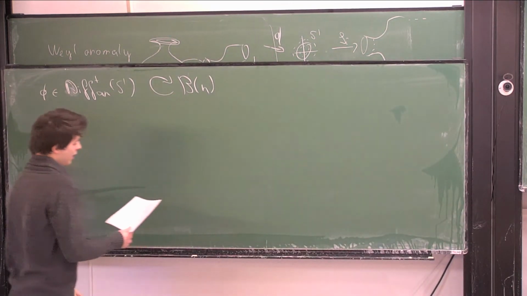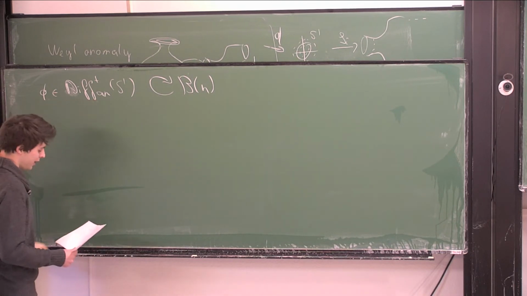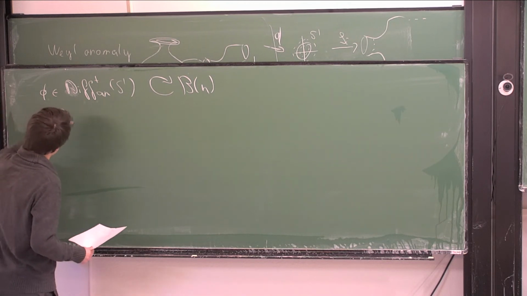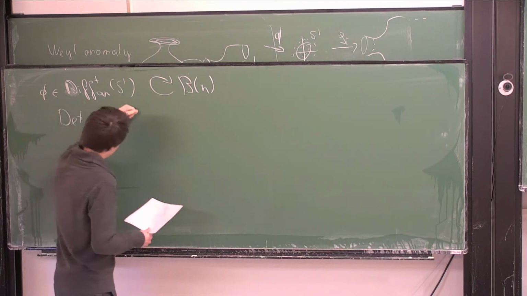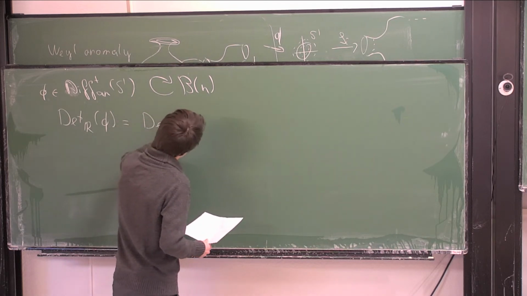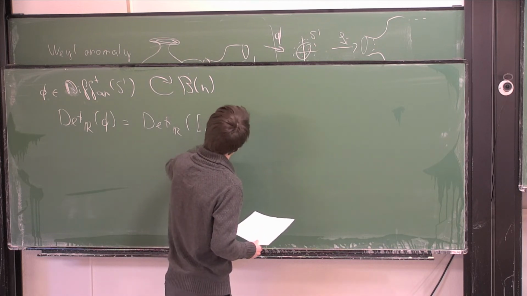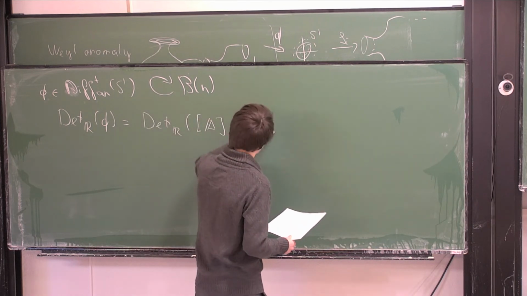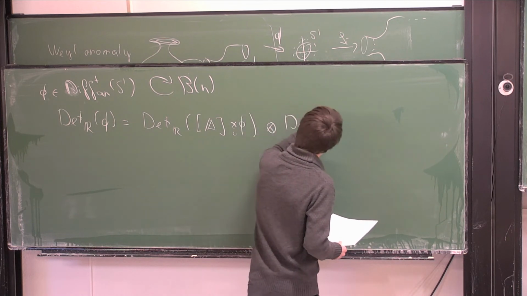This is an action, and you can define a central extension of this group using the modular functor by saying that the determinant line of such a diffeomorphism is given by the determinant line of some annulus with this action. It's a right action, that's the precomposition. And then you kind of cancel out this annulus again